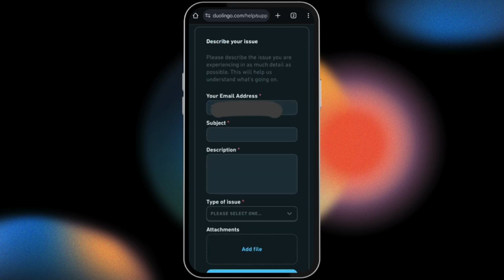And at the section under Describe Your Issue, make sure that you type in your email address correctly. Once done, tap on Subject. Under Subject, you can type in Age, and under Description, simply type in that you would like to change your age because you have mistakenly typed something else instead of your correct age. Now, under Type of Issue, you can select anything, let's say Bug Report for now, and then tap on Submit